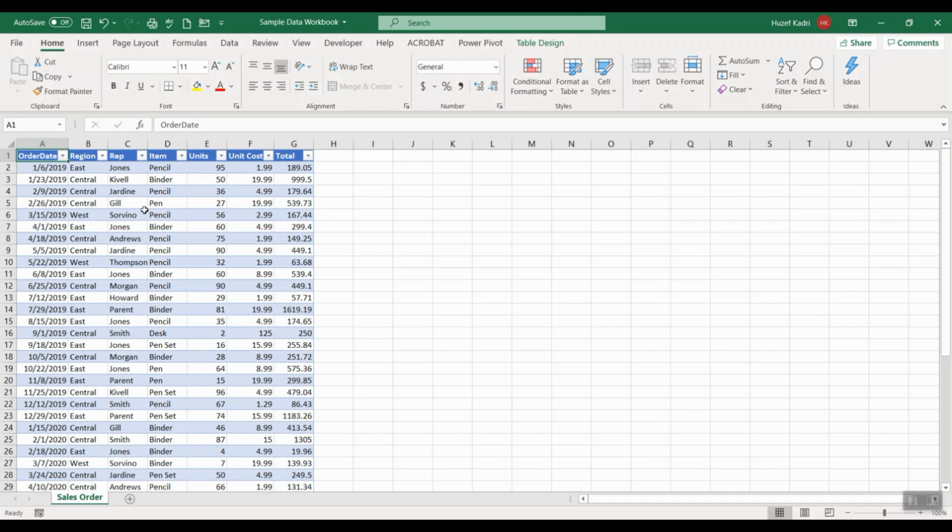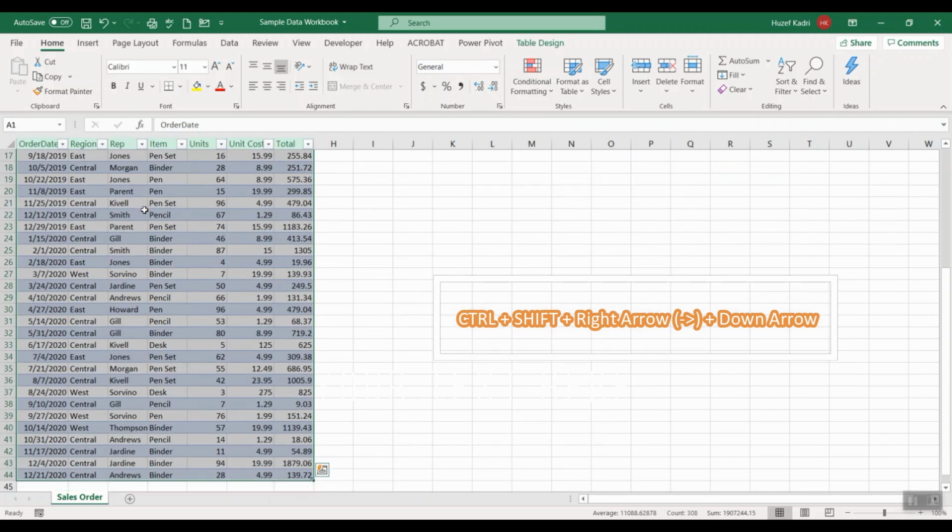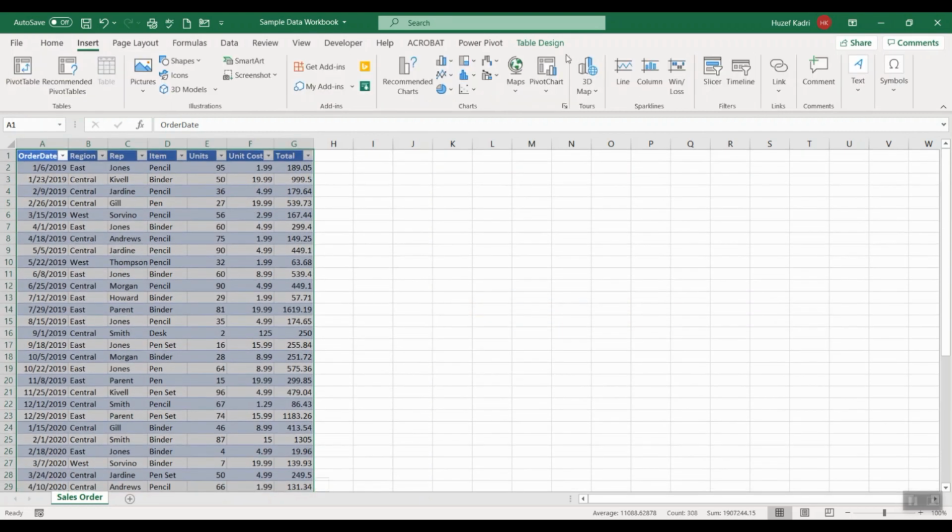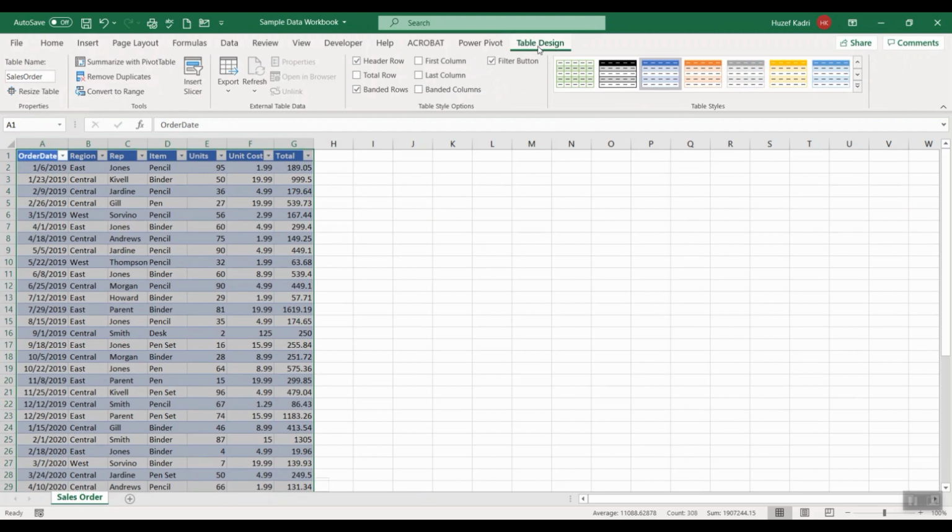is select all the data. So we're gonna press Control, Shift, right key, and down key. Once the data is selected, you can go to Table Design, and all you need to do is simply